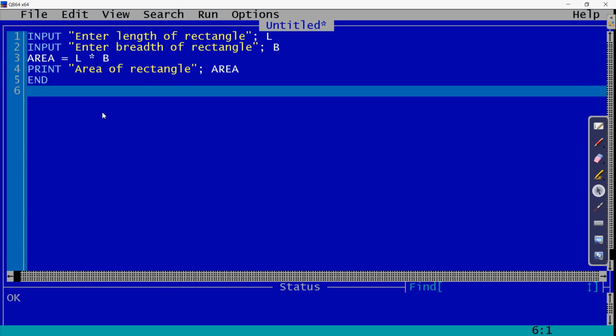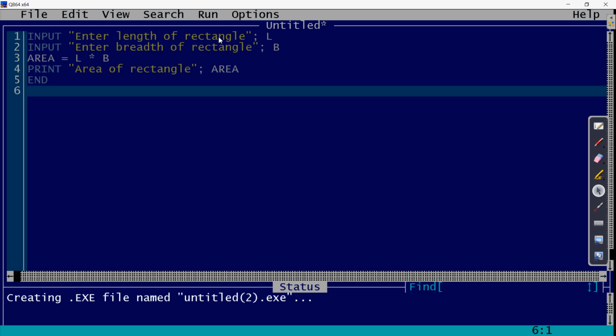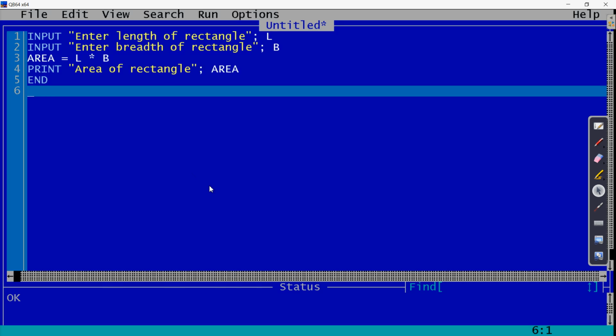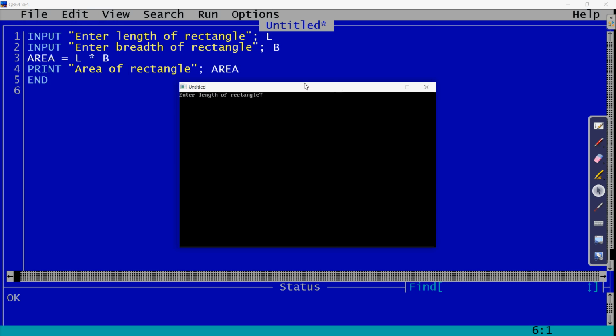Okay, so this was the message. Now try to run this. If I click on the run button, or you can also use the F5 key to run the program. It takes a few seconds to execute. The first statement asks to enter the length of the rectangle.